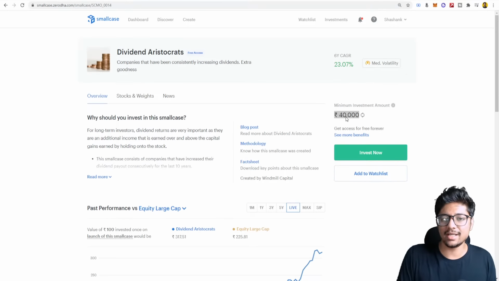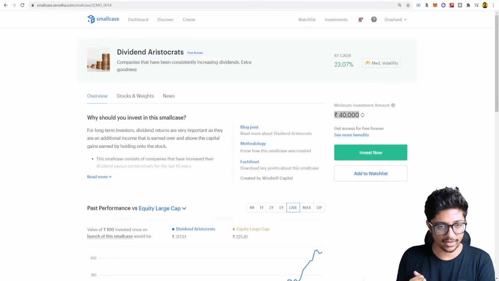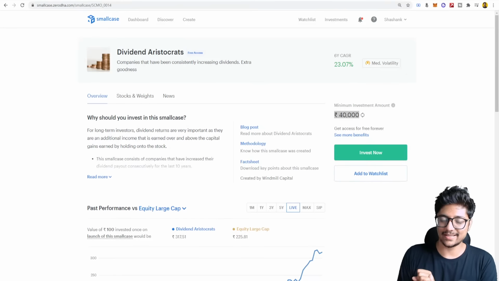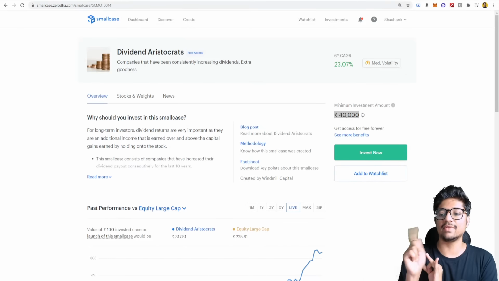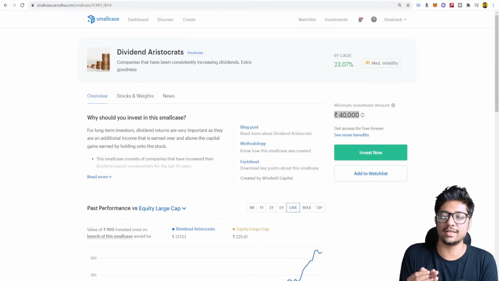If you're young and you're investing in dividend companies, my strategy is to invest in dividend companies when you're young. Start doing an SIP, and whenever you get dividends, reinvest them into this, right? Ideally, you can keep reinvesting this amount back into this. It's called the dividend reinvestment strategy.